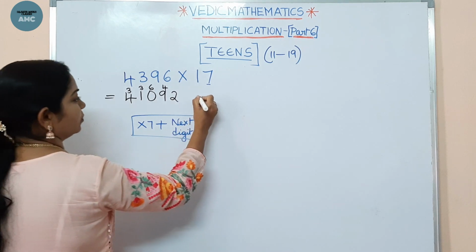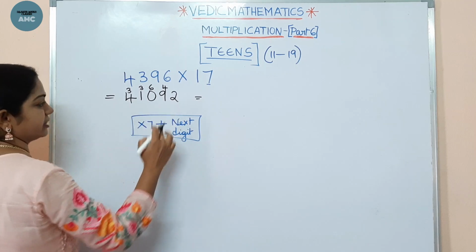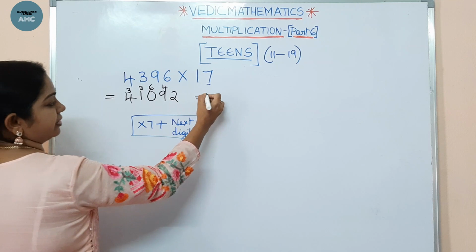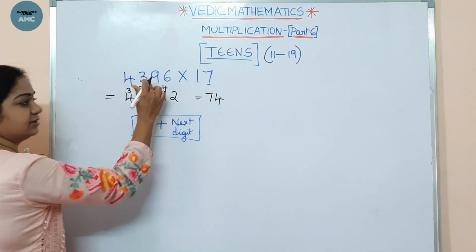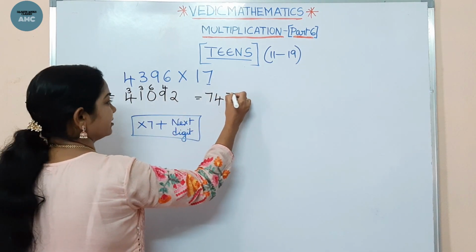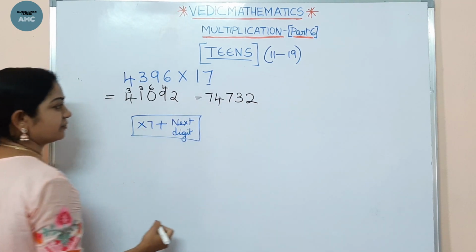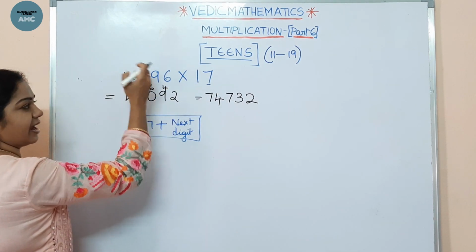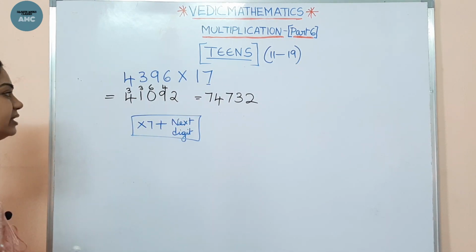Okay. Now let's start the addition. Addition you can do either way, in the conventional method or in the Vedic mathematics method. Okay. 7, here 7, here 4, here 6. Here 0 plus 6 is 6, but this is a carry combination, so 6 becomes 7, isn't it? Now the end number here is 3. Now this is 2. So I have done the addition in Vedic mathematics. Now what did we do? We multiplied with 7 and added the next digit. Likewise, just in 2 seconds we can get such answers.